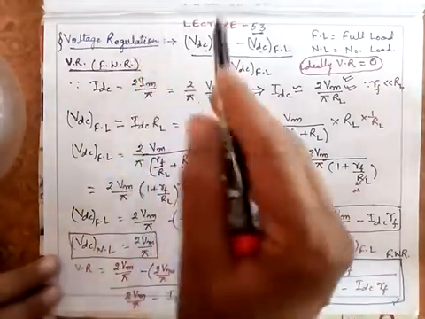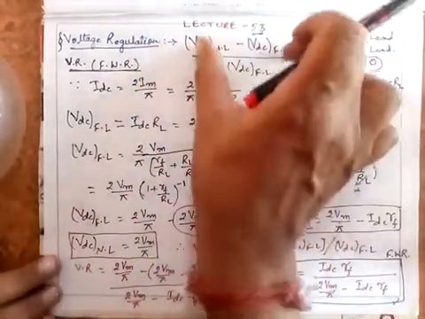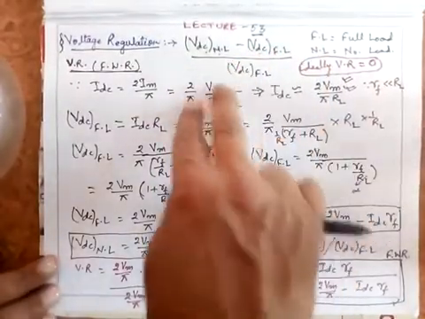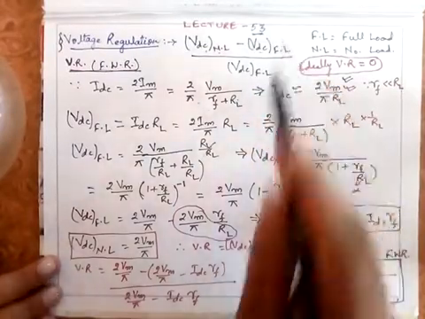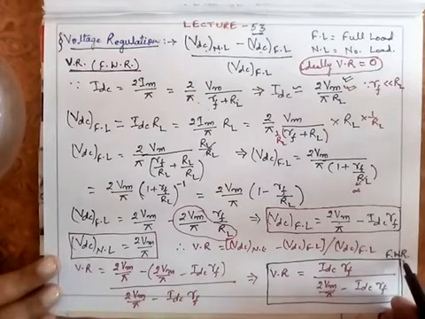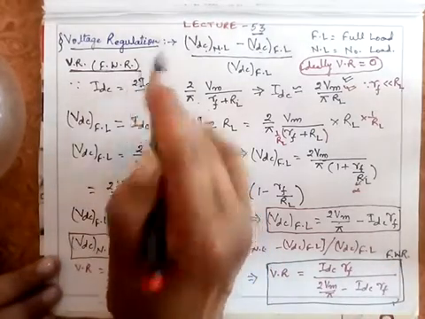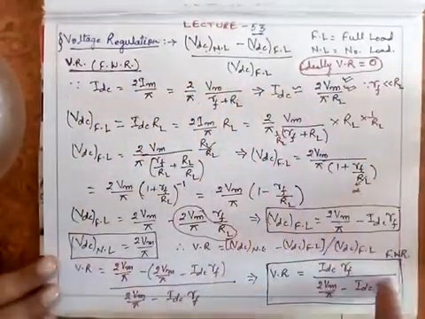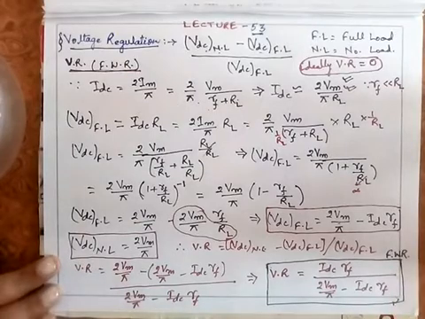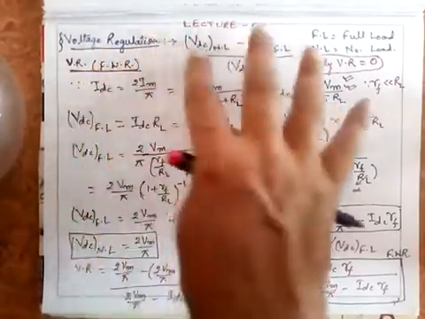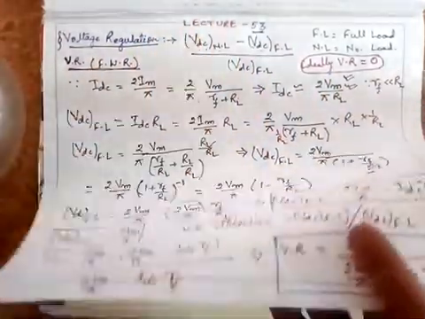So this is the voltage regulation, which is defined as the ratio of the difference between the no load and full load voltage upon your full load voltage. What is the voltage under full load condition and what is the voltage under no load condition? The ratio of these two is called the voltage regulation, and this is the voltage regulation of a full wave rectifier. For half wave, just simply replace this by IDC equal to Im by pi. Everywhere this 2 will be removed, and you will get the voltage regulation for a half wave rectifier also. So this is another parameter of a rectifier.